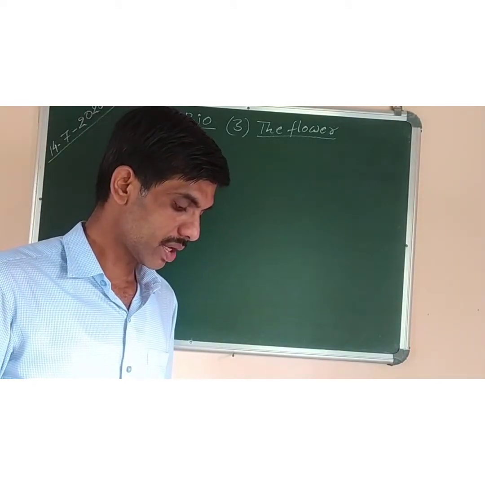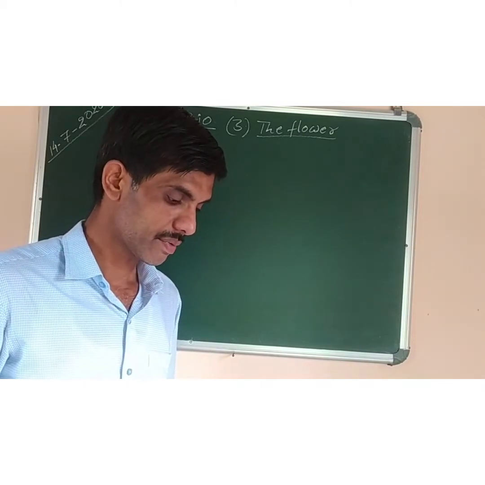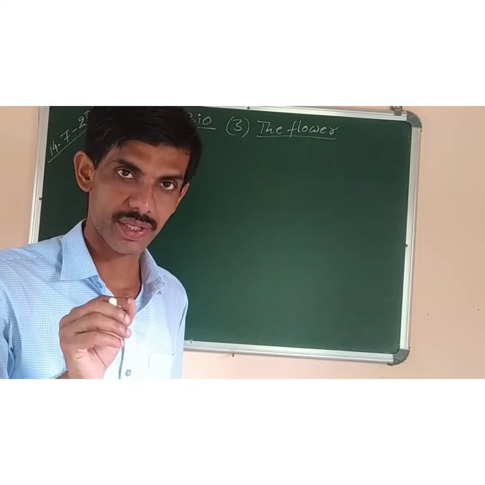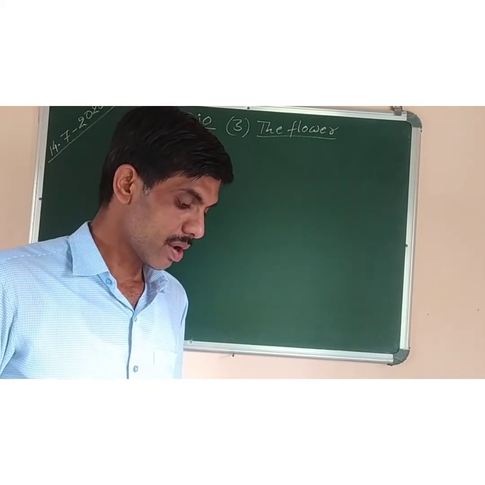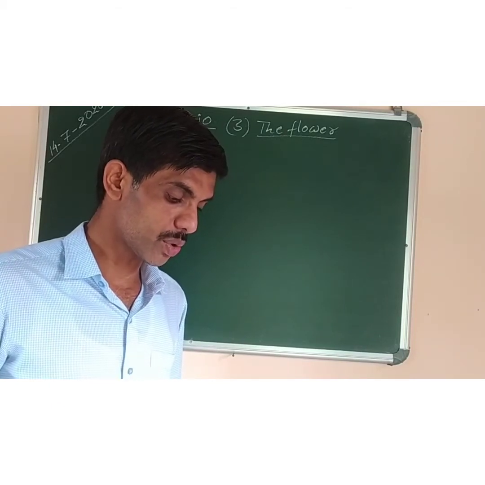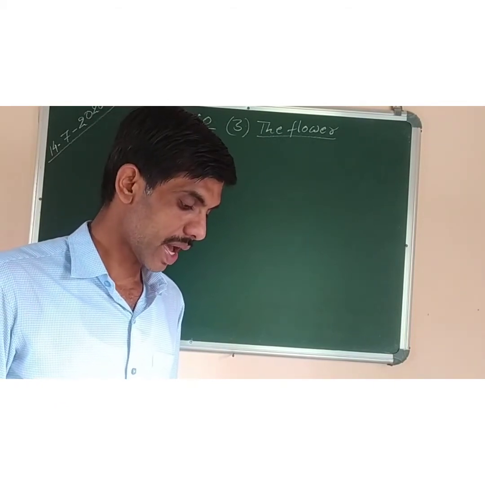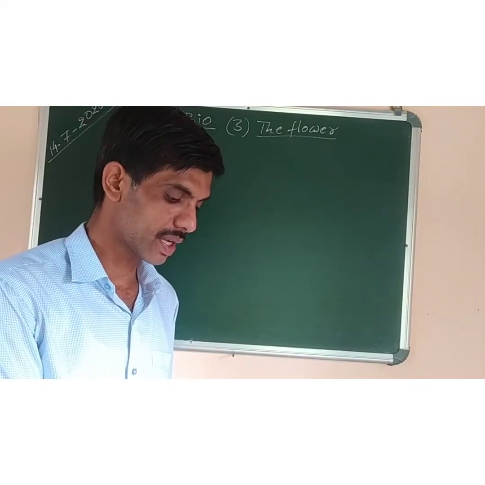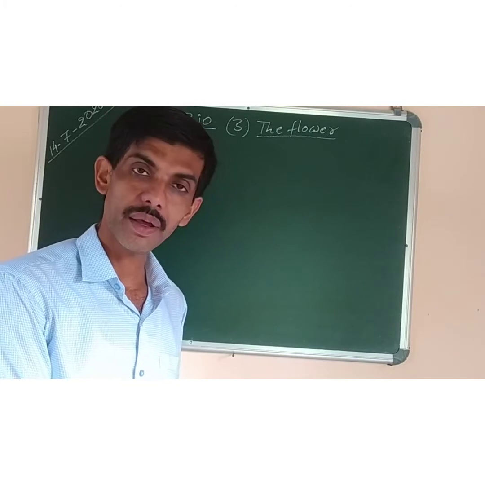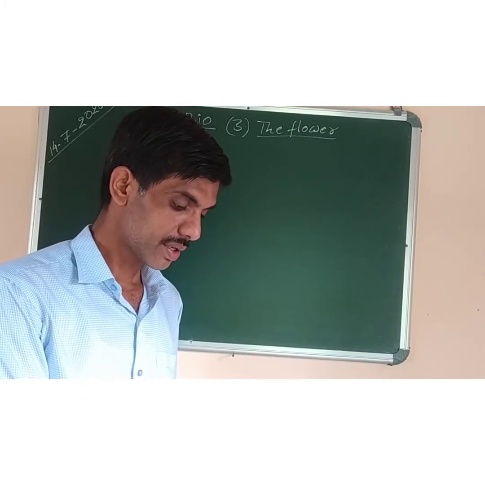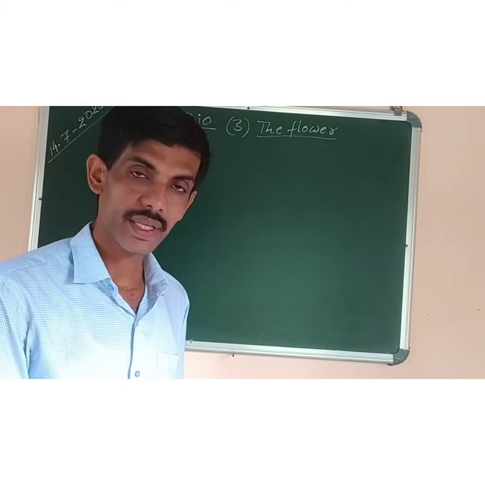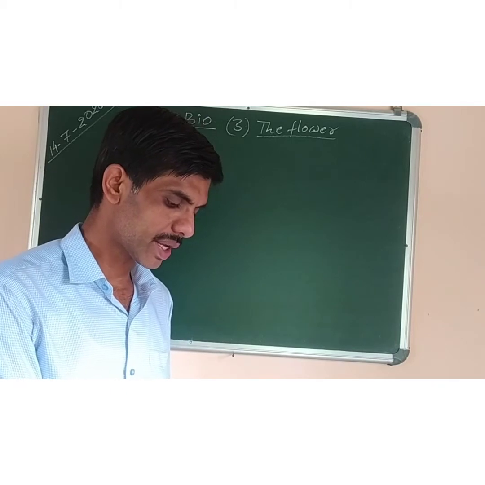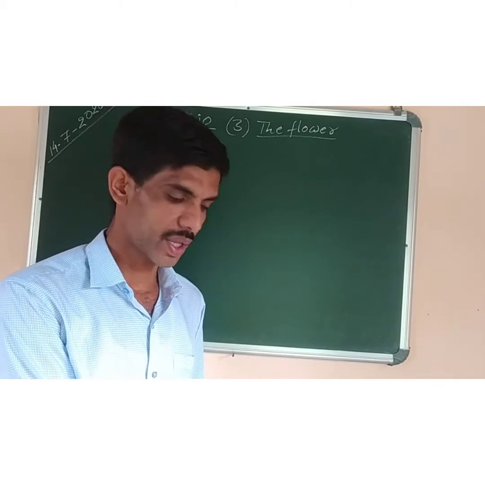Then in the second one you can write study of flower. Then the third one, identification of sugar and starch, that is called food test. Then the fourth one, experiments to show the mechanism of breathing. And the last one, the identification of some specimens like Porifera, Coelenterata, Platyhelminthes, at least Chordata, like fishes, amphibians, reptiles, aves, mammalia. So altogether you have to write any 5 only, not more than 5 experiments.